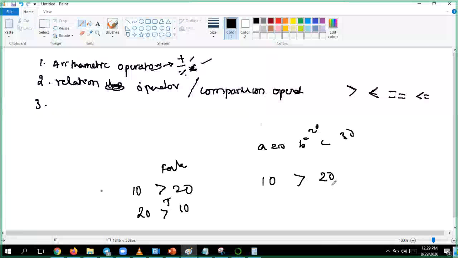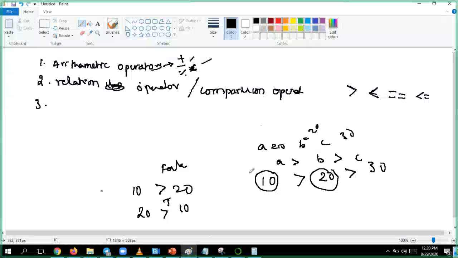No. What I've given is A greater than B greater than C. Whenever you get such an expression, the first comparison happens. If it is true, then it will go and check the second expression, that is 20 greater than 30.